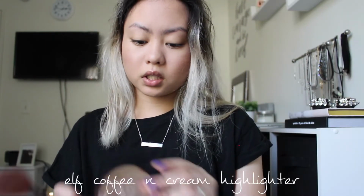So for my highlighter, I'm probably just gonna use the e.l.f. Heart highlighter. I love this highlighter so much. It is the best highlighter, or the best drugstore highlighter. And I'm just gonna apply it on my, I almost said brow bone. I'm gonna apply it on my,